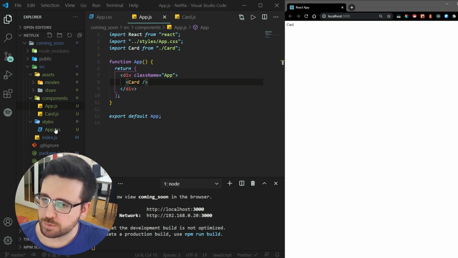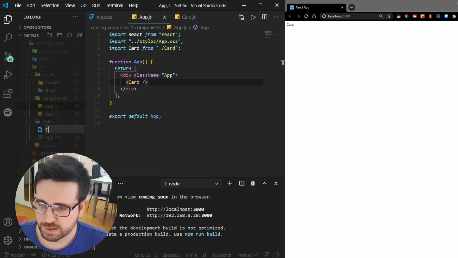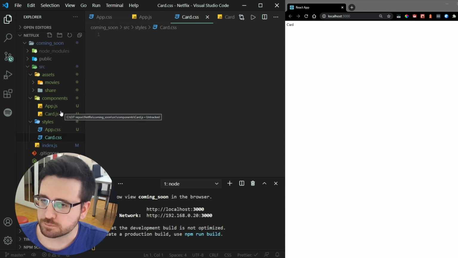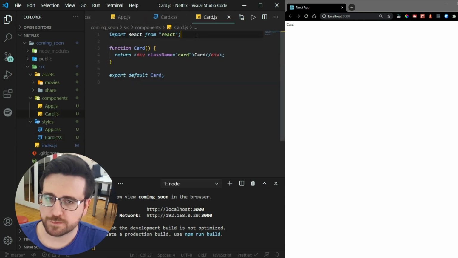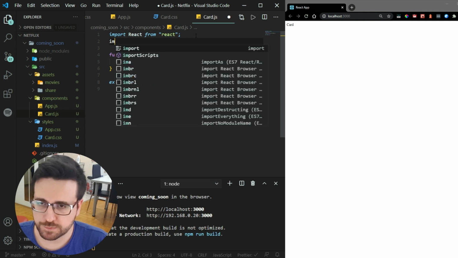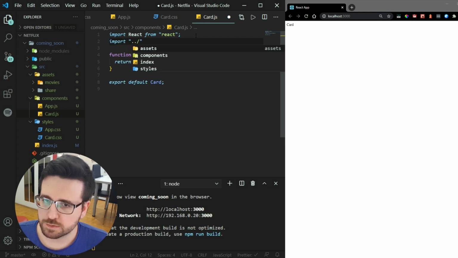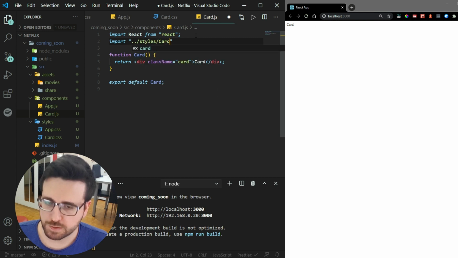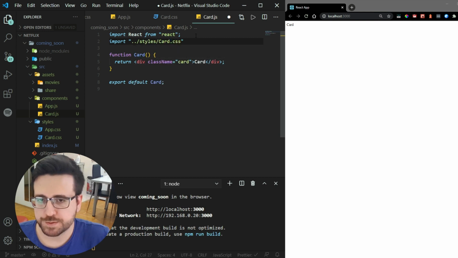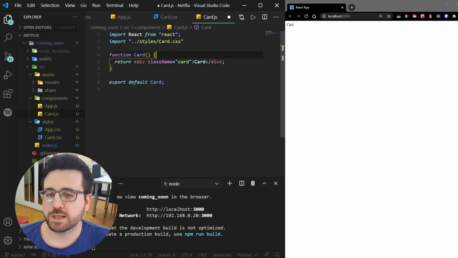So next thing that we are going to do is create a new CSS file, and we're going to call it card CSS, and we're going to import that into the card component. Import styles.card CSS,